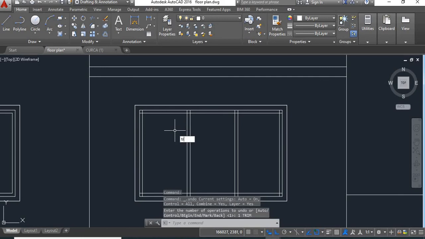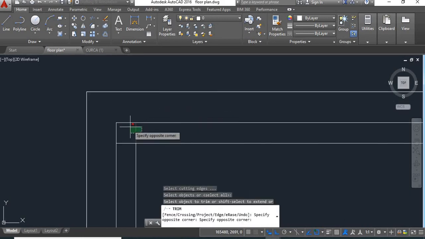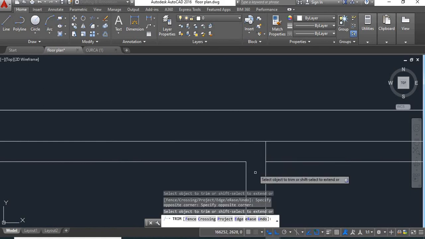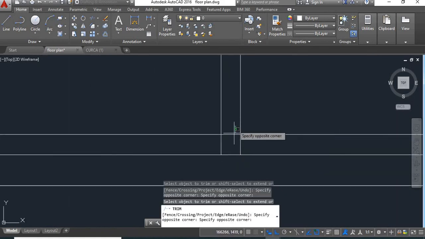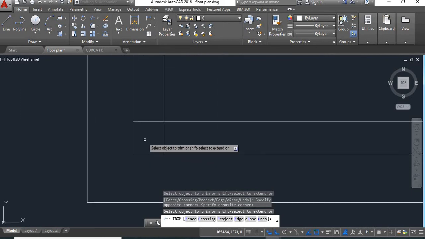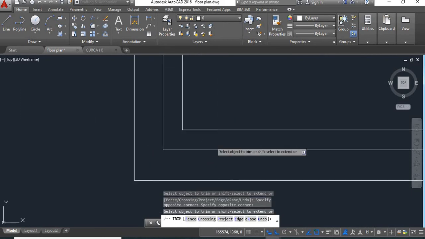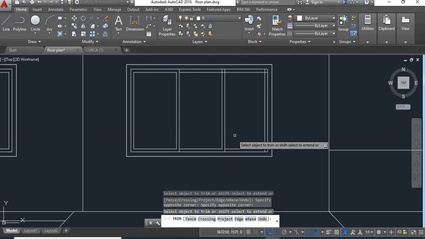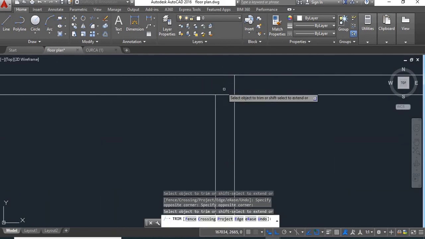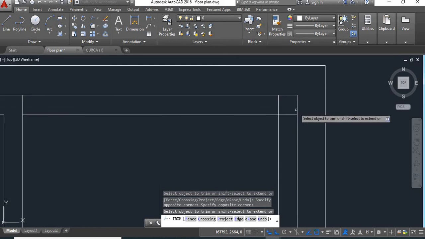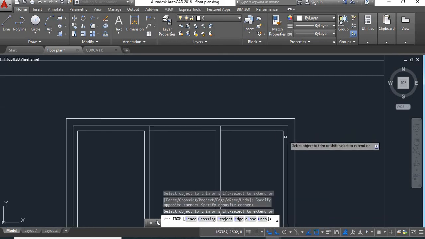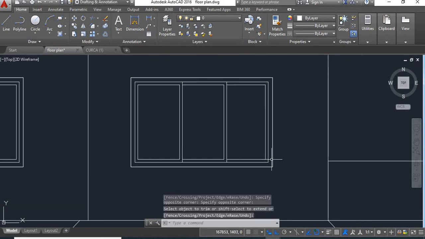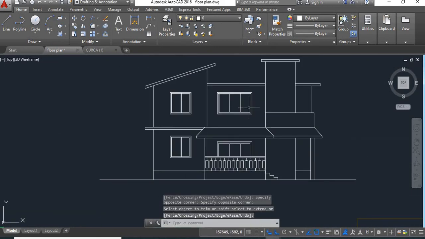Now delete these extra lines. Enter. Now this is our window.